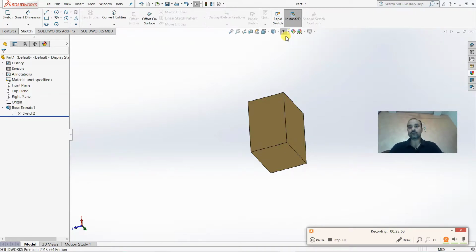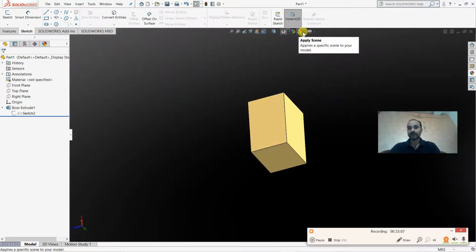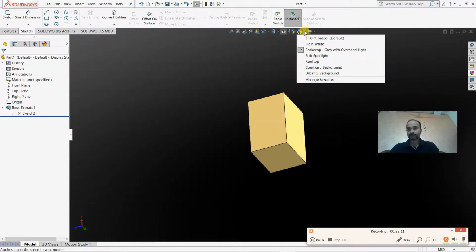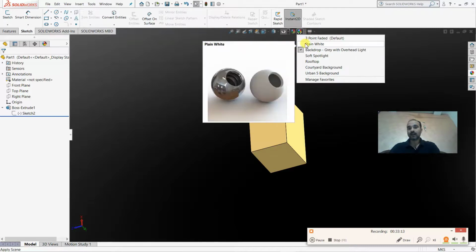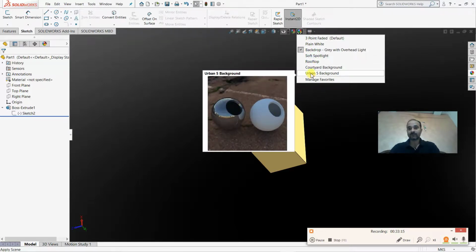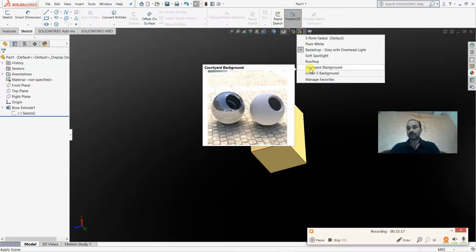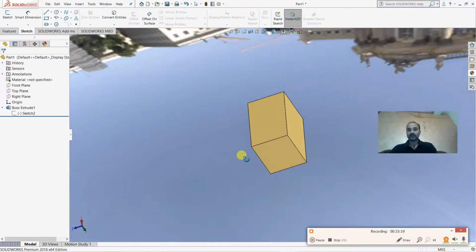Now coming to the next icon, which is your background. You can change the background of your part also. Suppose I want to show this part in a factory layout, then you can apply this type of screen, that is plain white, manage favorite. If you choose a country background, then it will be visible like this.